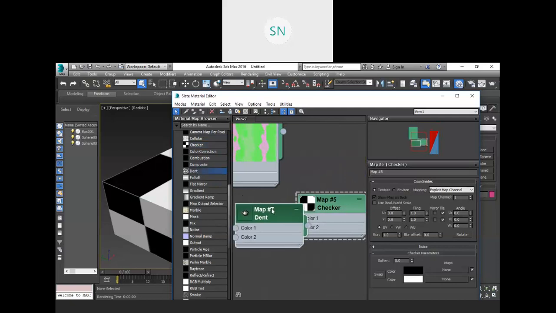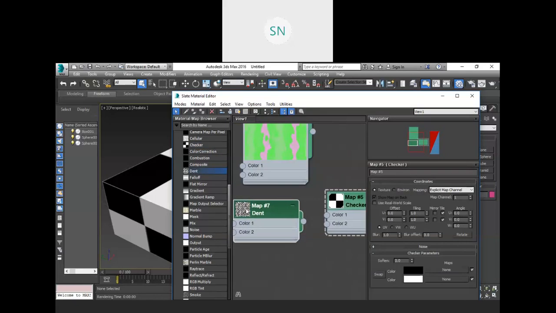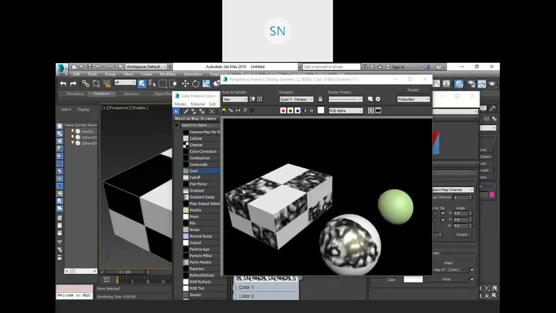So just grab this dent, and I want to put this dent in my color 1. So my black color will become a dent,